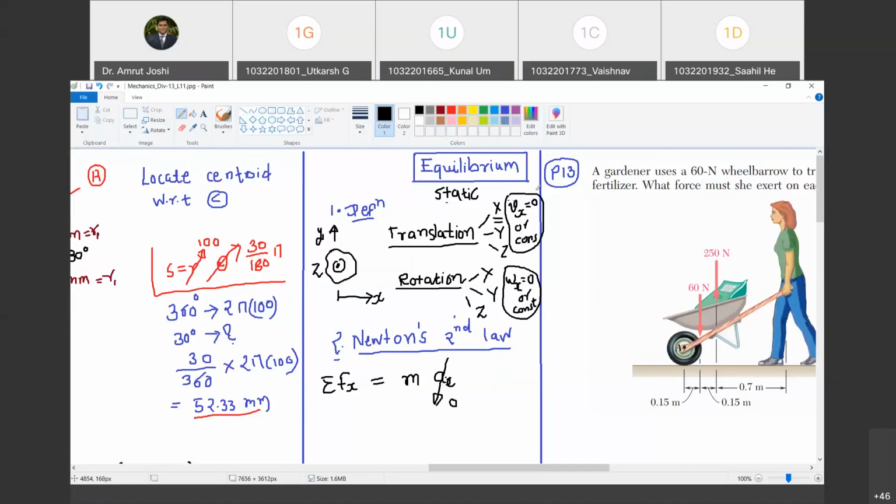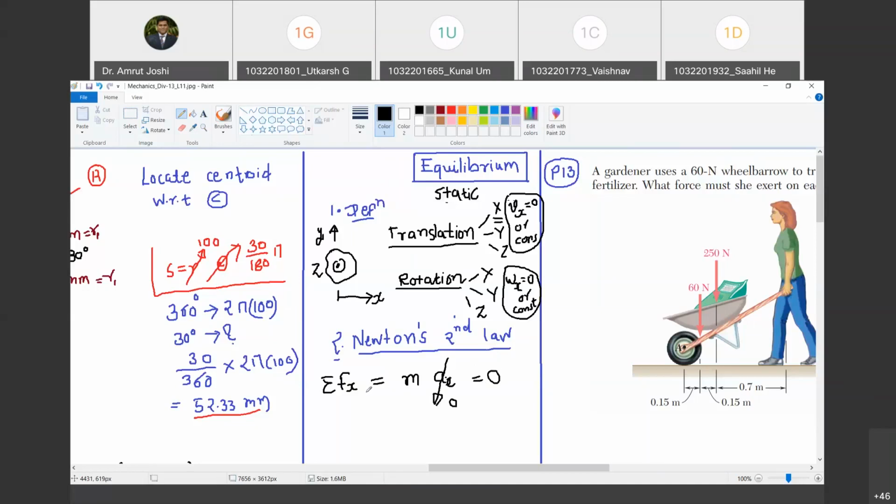Yes. You agree? Because velocity in x direction is either 0 or it is constant. In both the cases, the acceleration is going to vanish. Do you agree with me? Yes. Constant velocity guarantees 0 acceleration. Happy? Yes. So summation Fx equal to 0. Now what you are saying is that forces must be balanced. You told me that, right? That is a consequence of what we perceive as equilibrium.